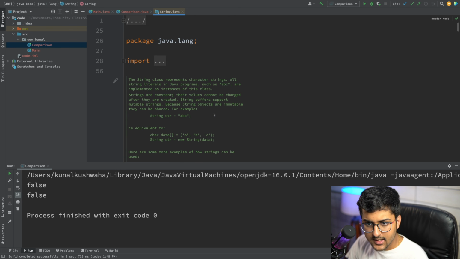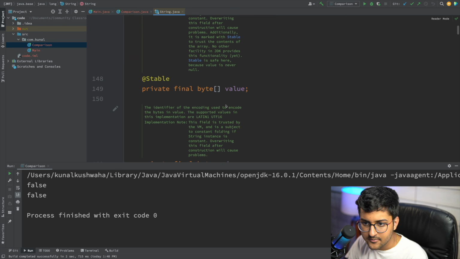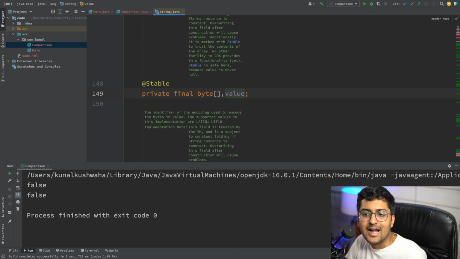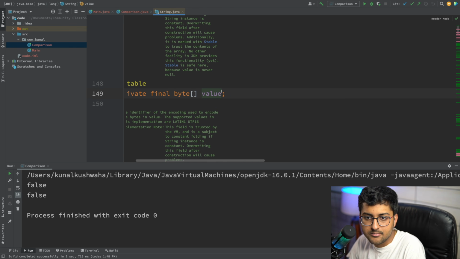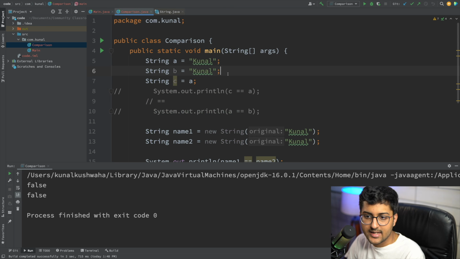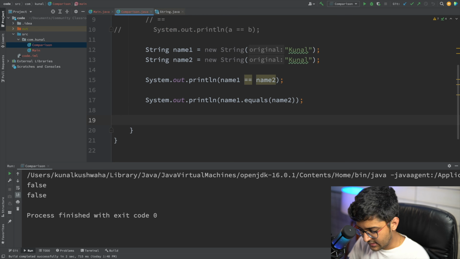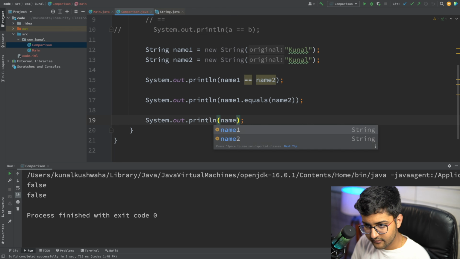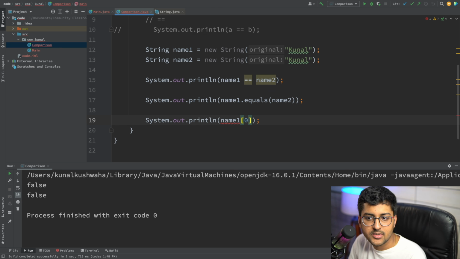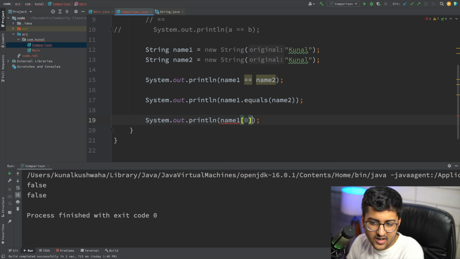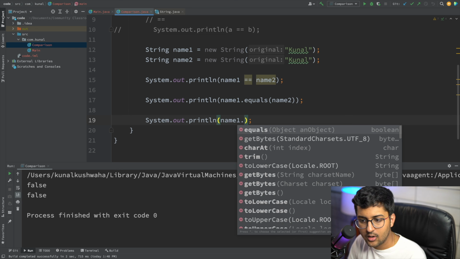Don't worry. Internally, you can see that in Java it's like a byte array or something. The value is used for character storage. So internally, it's basically acting like a character array. It is not mimicking the character array though, because we cannot do something like name1 of 0. Can't do something like this, because in arrays we can do this. Here we cannot do it, even though you can imagine it as a collection of characters. We have to use a method called